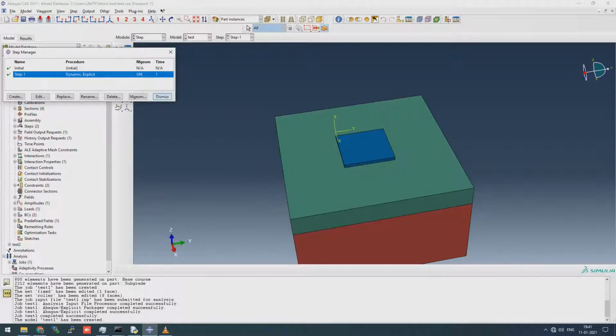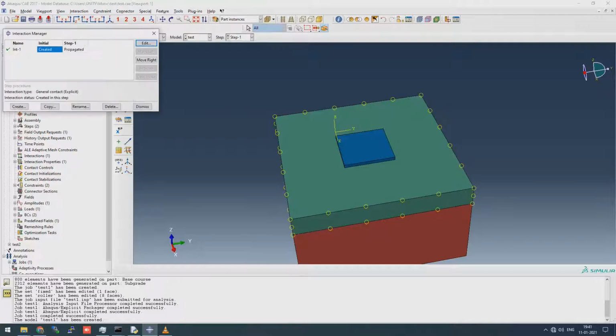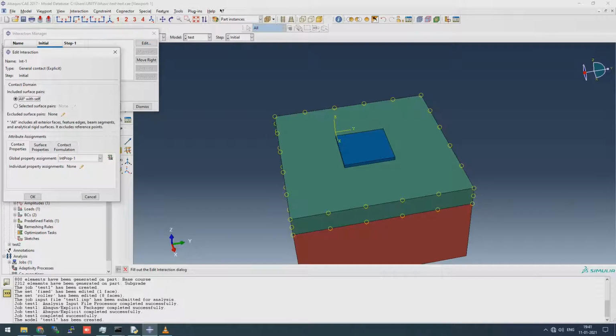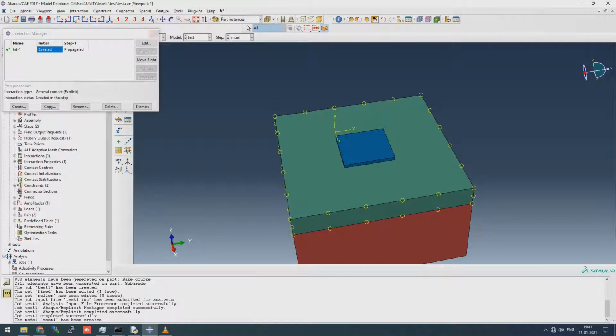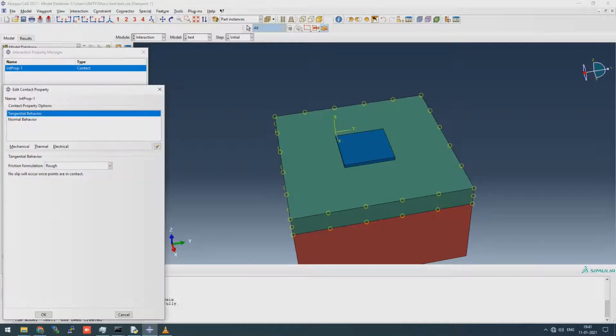We'll go to step. We'll generally choose the dynamic implicit step of time 1, and the other conditions will be default. We'll go to interaction later on. In interaction, we have applied an interaction property of friction, as a general contact.